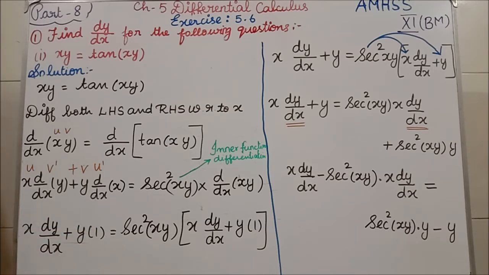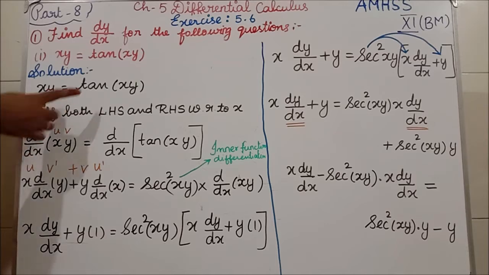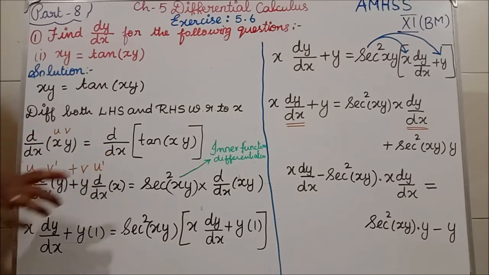That is the answer. Okay, now I have taught before, using the u by v, product uv, product rule formula, that only. d by dx of xy. This side I am differentiating with respect to x, and this side I am differentiating with respect to x. See, I have written d by dx of xy, d by dx of tan xy. Now if you see uv, d by dx of uv. What is this? Product rule. How will you expand? uv dash plus vu dash is our product rule.